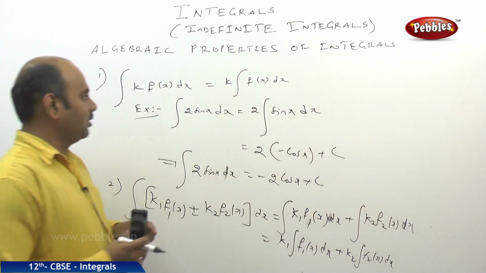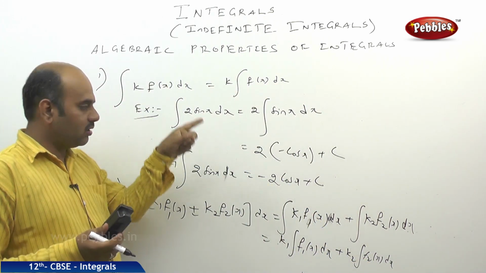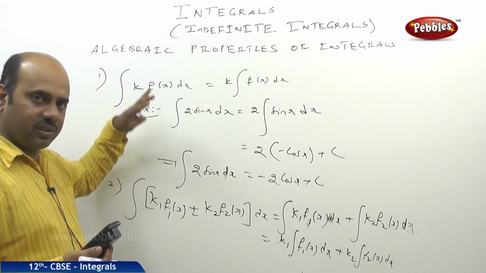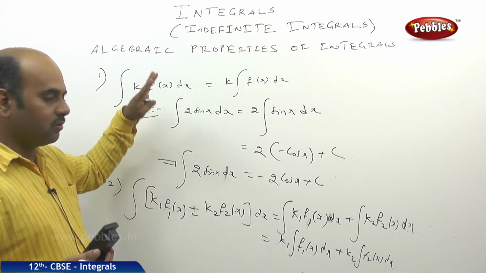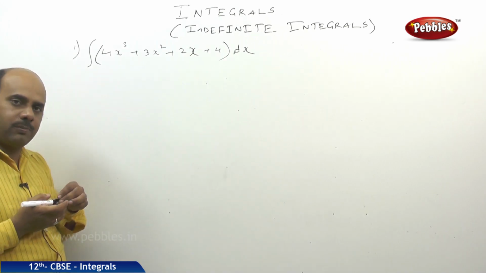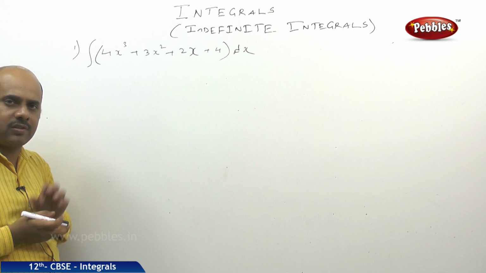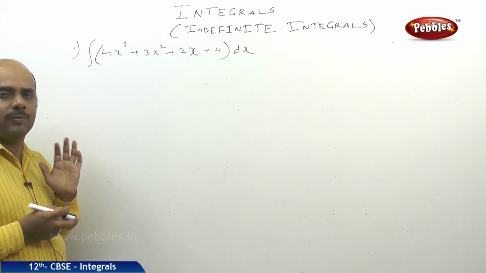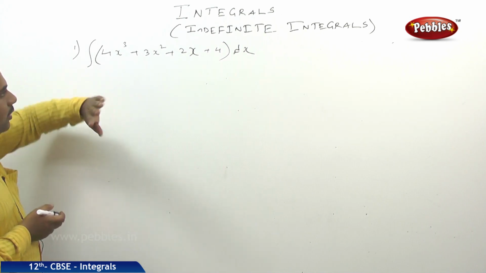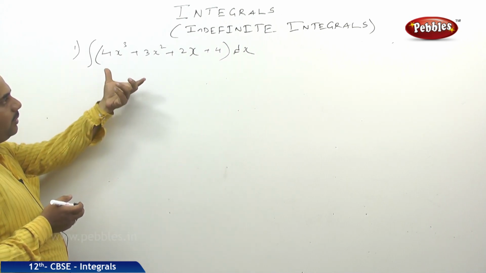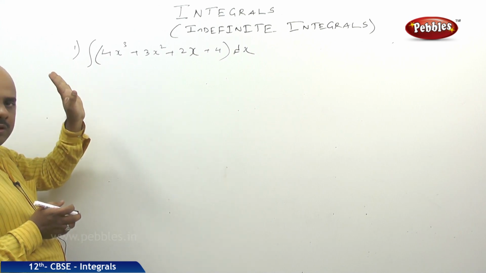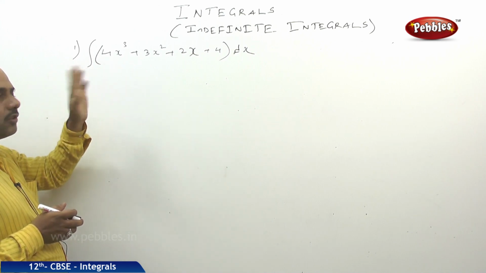So friends, we learned now 8 formulas. After finishing 8 formulas, we learned 2 basic algebraic properties of integrals. Now we'll be starting with our numerical problems. Now basing upon our integral properties, we shall see a small problem where we can apply those integral properties. If you could observe carefully, a big function is given to you. It is looking like giant, but it is not actually a giant function. It's a very, very small function.